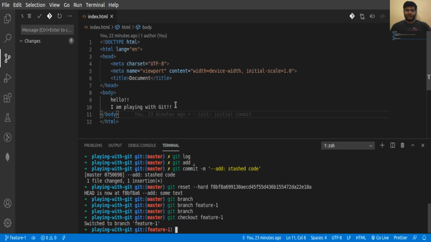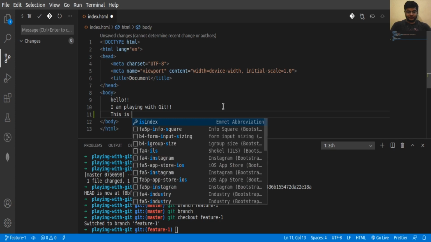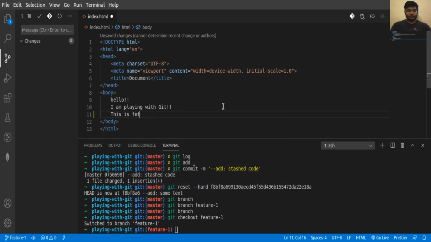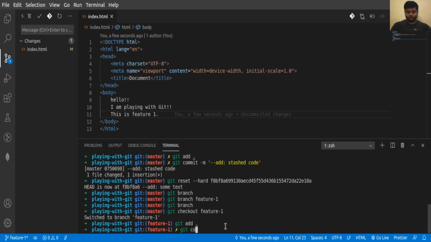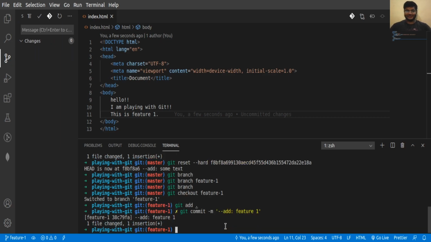Currently we are in the feature 1 branch. Let's make some changes here. Let's write: this is feature 1. Let's save it and commit it. Let's commit it with the message add feature 1 because we have added feature 1 in this commit. So if we are currently on this feature 1 branch and we have these changes extra compared to our master branch, if we go back to our master branch,